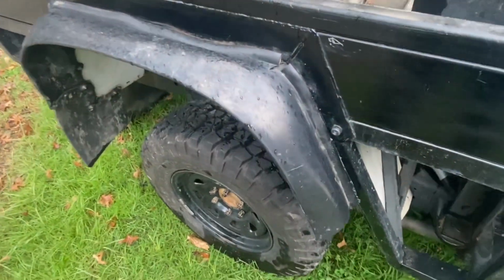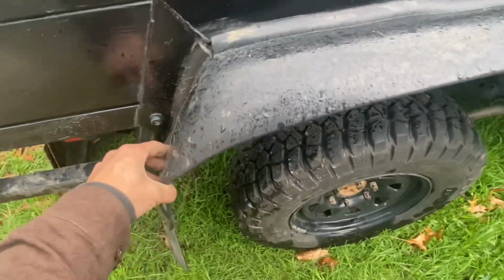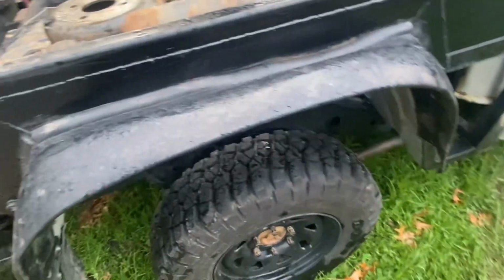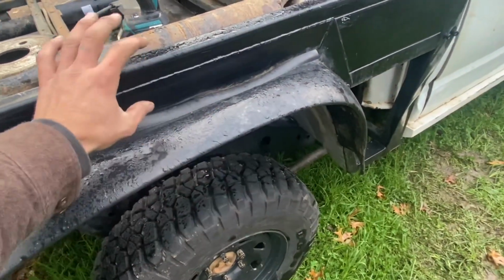So here's just a bit of a rough one kind of thrown together. But yeah, definitely come up better than just the rubber garden edging. So here we go. Alright, this is how the flares are now, obviously. Just a bit of rubber, same as on the front. Ignore the small little wheels, but yeah, these are mint, but I just want something to hold the car further off, and because when I'm running the canopy, I kind of wanted to keep it off the